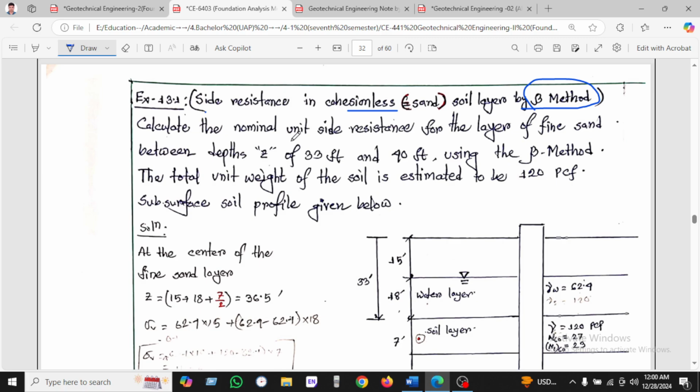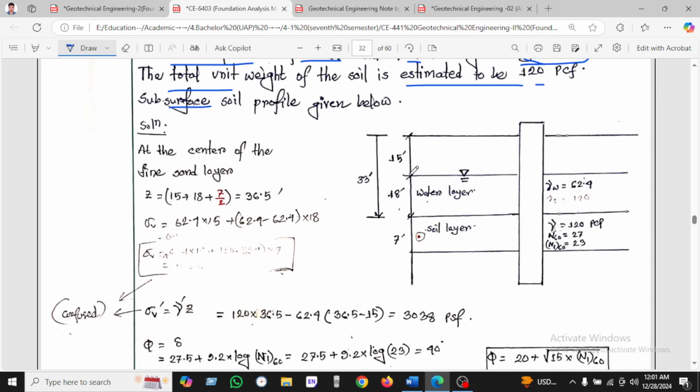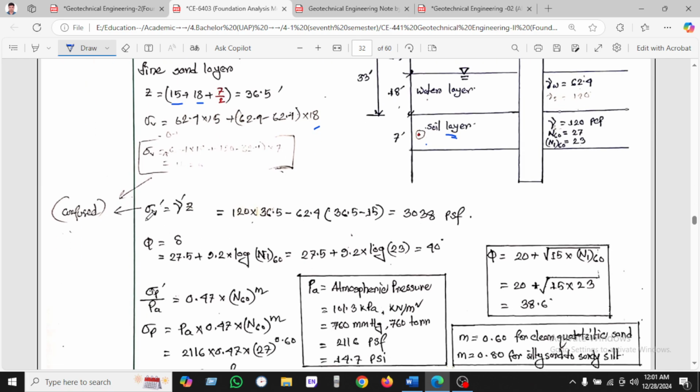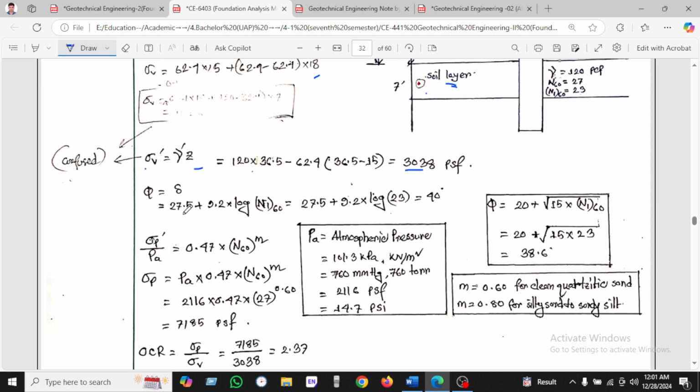They calculate the nominal side resistance for the layer of fine grain between depth Z of 33 and 40 using the beta method. So this is another method. So the total unit weight of the soil is estimated 122. So all the data is given here. At the center of the fine grain layer, we can see 15 into 18 into 7 divided by 2. So this layer we have to calculate it and found 18. Okay, gamma prime into gamma d into gamma prime into Z, and found 30, and phi equal